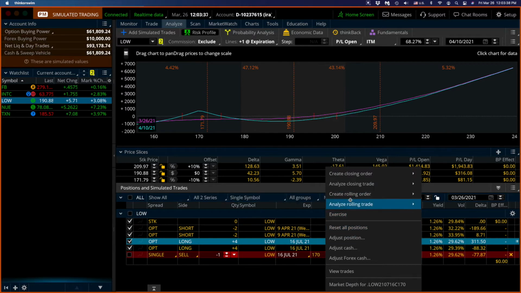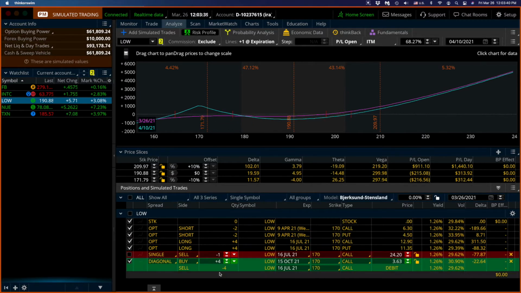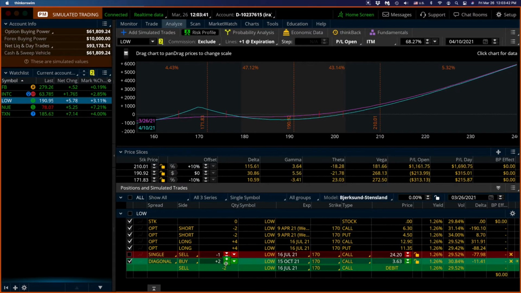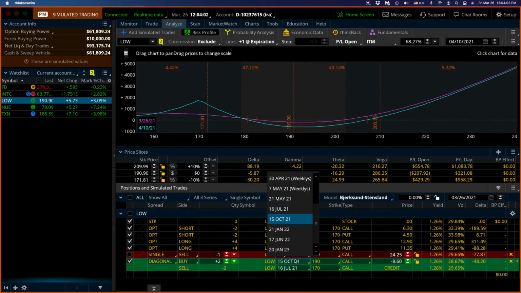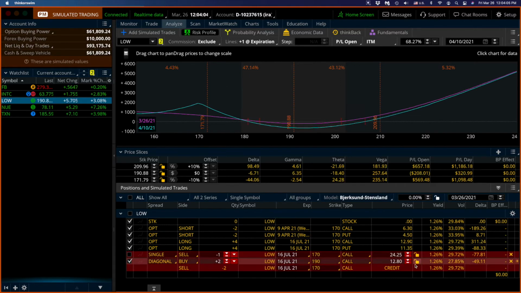Analyze rolling is another way. And we would roll only two because that's the outstanding calls. You have two short calls, four long calls. Subtract, you end up with two outstanding calls. And we are going to roll them up to 190, and don't buy the October, buy the same strike price, the same expiration, July the 16th, and then you are going to get